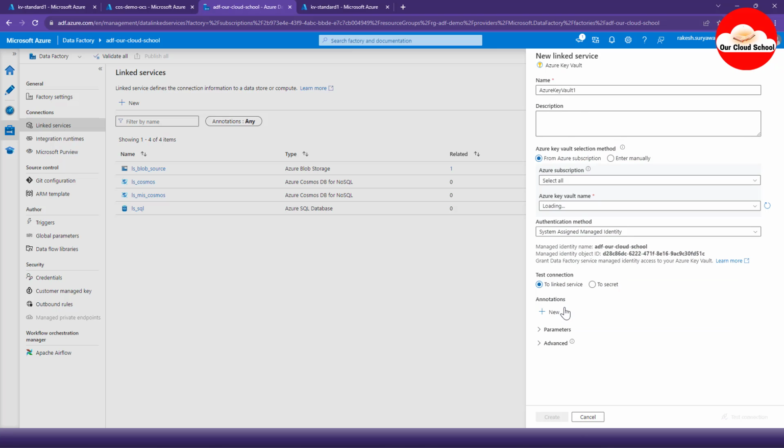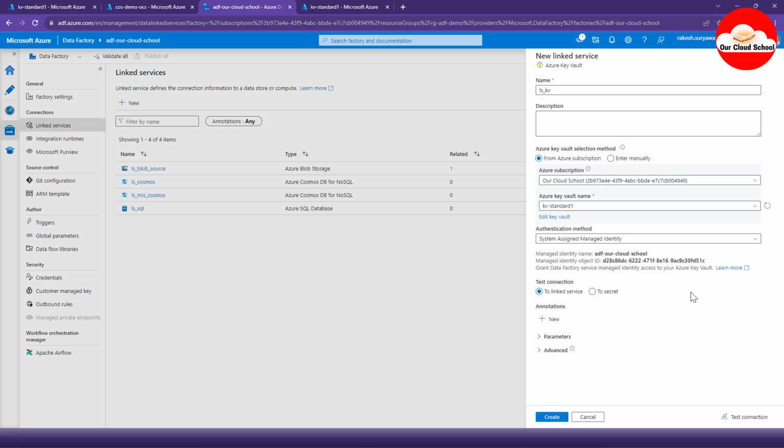Let's choose this option. From here, I'm going to give a name to my Key Vault linked service. Let's call it LS Key Vault. You can also parameterize this if you want to, but for now I'm not going to parameterize this option, which is a linked service. So I'm going to choose the linked service option. You need to provide the system managed identity authentication to this data factory instance in order to create the Key Vault linked service. I'm going to copy this managed identity